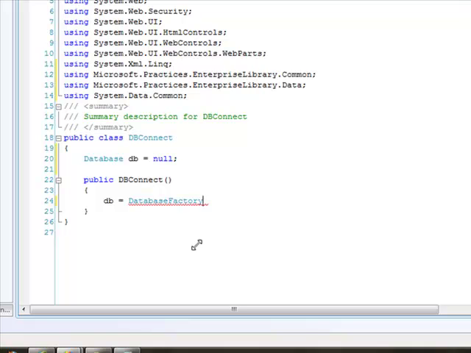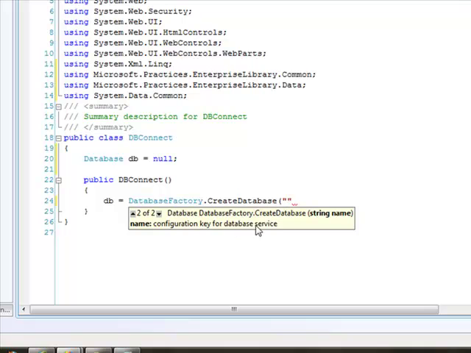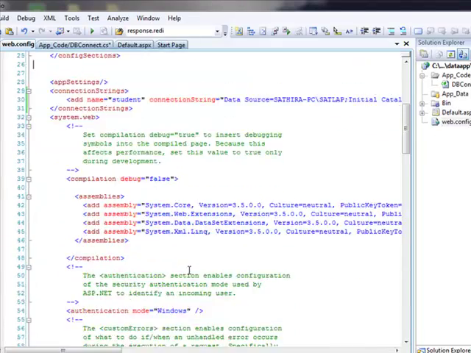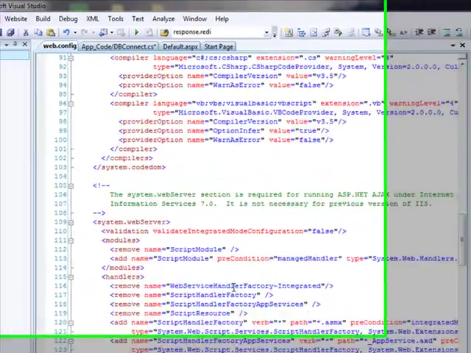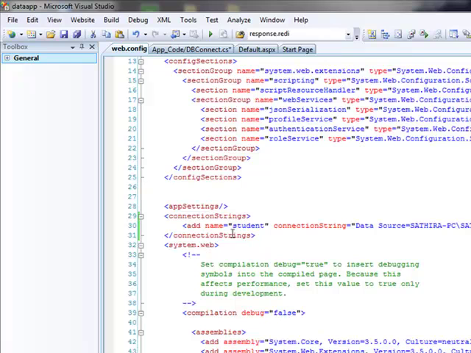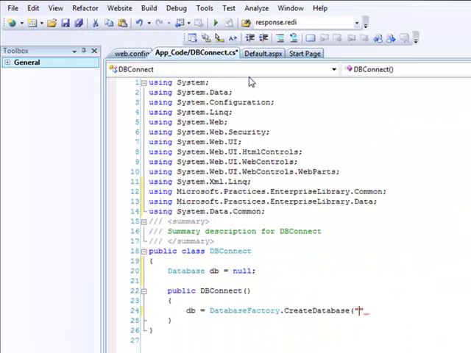And that DatabaseFactory has a static method called CreateDatabase, and here you can see we have to provide the configuration key, or the name given here. We have to provide this connection key we used here. Student